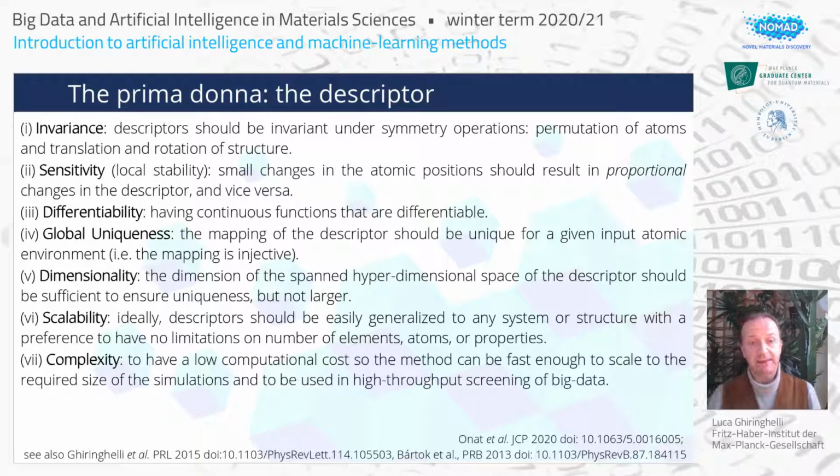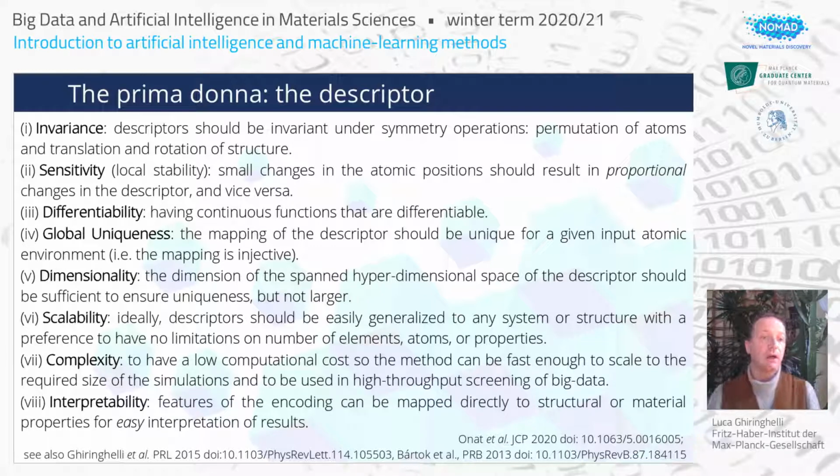The complexity, this is the computational complexity, this is vital. So the descriptor should have a low computational cost, so the method can be fast enough to scale to the required size of the simulation and to be used in high throughput screening of big data. Of course, if building the descriptor is computationally very intensive, even to compete with the methods that are used to produce the reference data, then there is no gain, clearly, for the machine learning